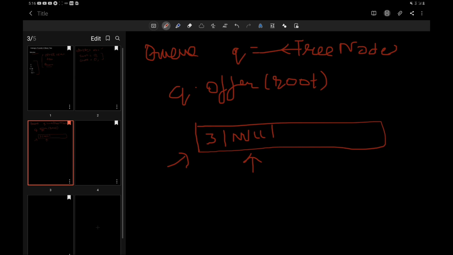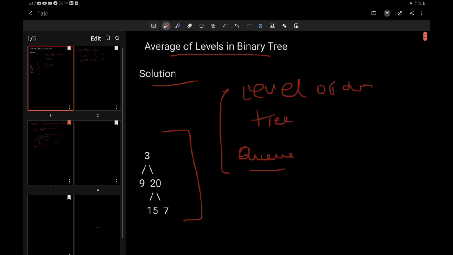Alright, so what we'll do is pop out the first element, and we will see whether it's null or not. If it's not null, then we will add it to our sum variable, because we are going to sum it, and after that we will look for its left and right child. In this case the left child of 3 is 9 and the right child is 20.